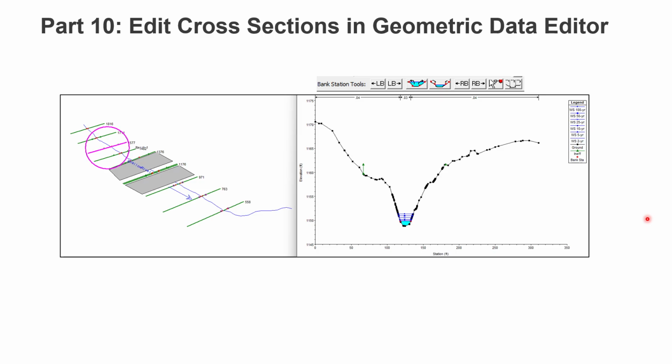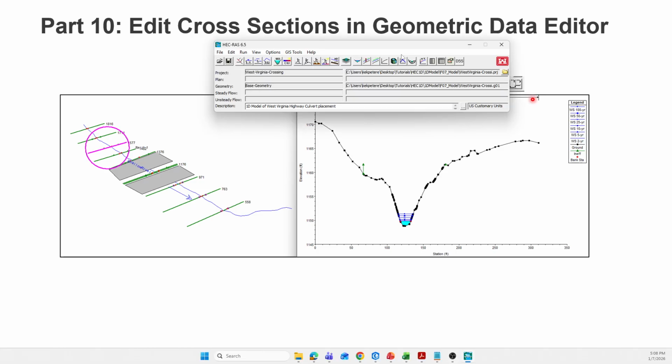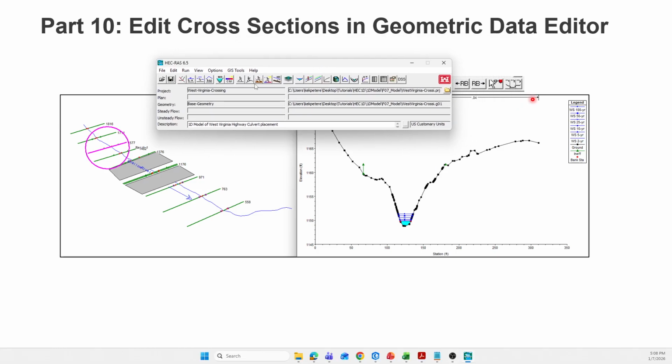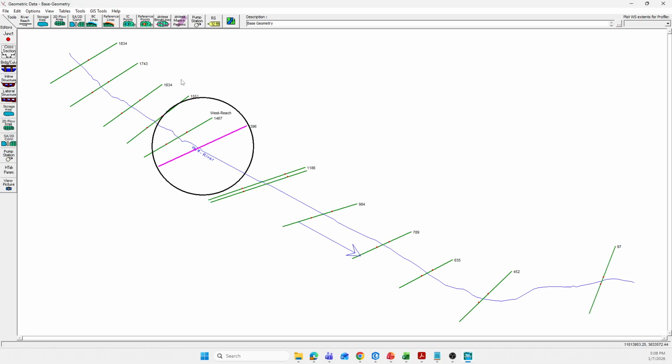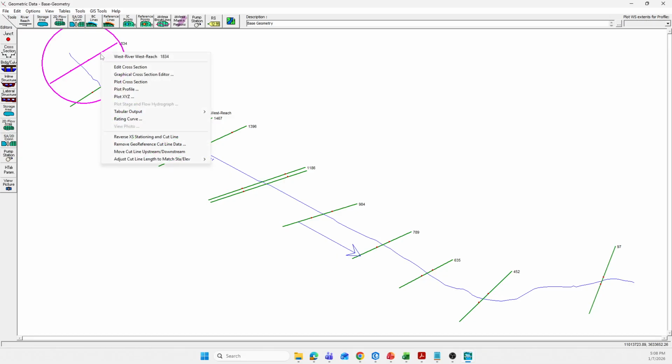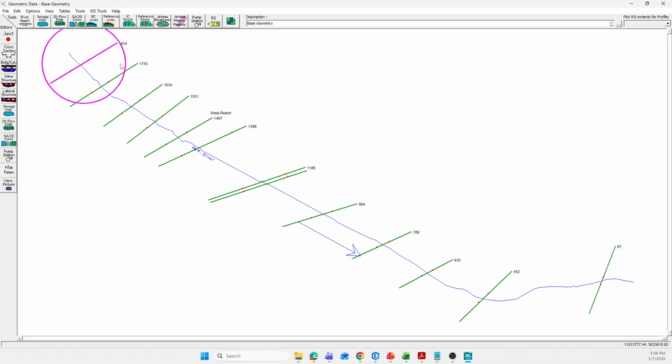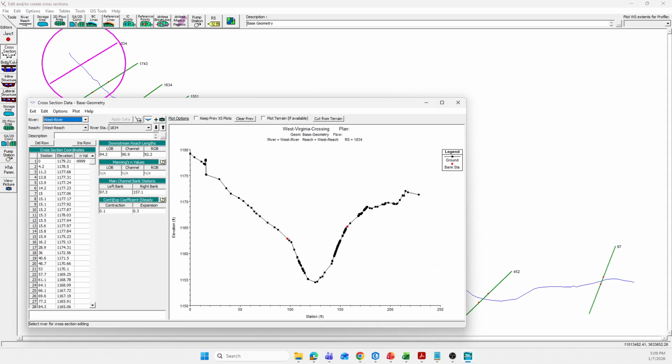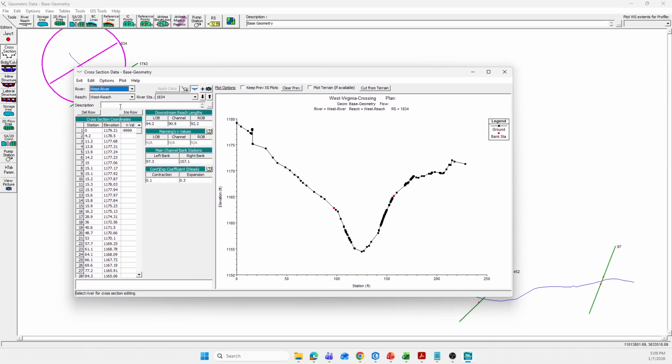And to do that, we have to open up our geometric data editor. So we hit the geometric data editor, and when we do that, we have to start from the first one, and here we can do all the editing, including naming the cross sections, so we know which cross sections we are working from and which one we need to leave. So I have to go from the beginning, and I'll hit cross sections,